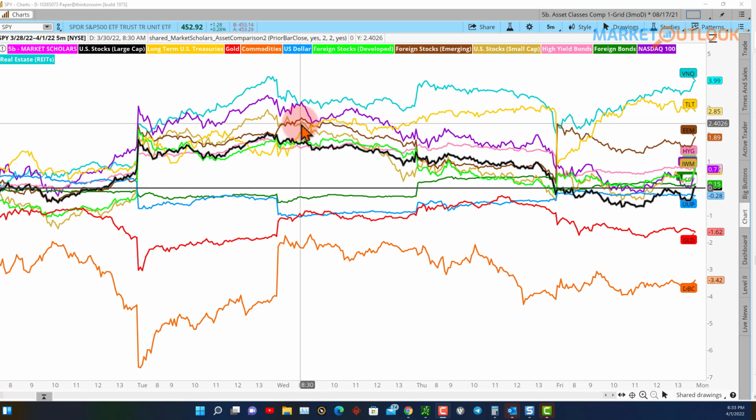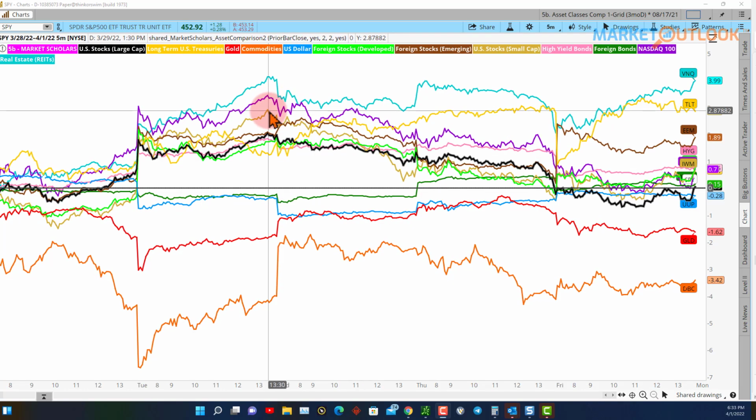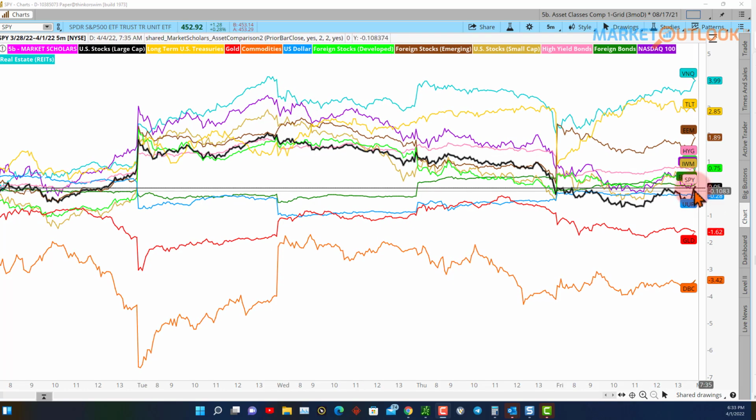Again, from an equity standpoint, you can see the NASDAQ 100 actually started pretty positive before finishing lower, below emerging markets, with the last couple of down days there. And you can see IWM was a pretty good mover in the first 2 days of the week, and then they finished down along with the S&P 500 over the past 3 days. So good first 2 days, but with again the same thing, long-term bonds up and commodities and